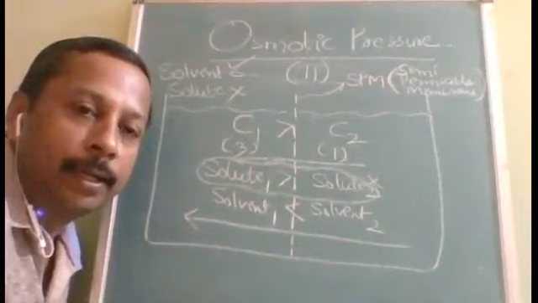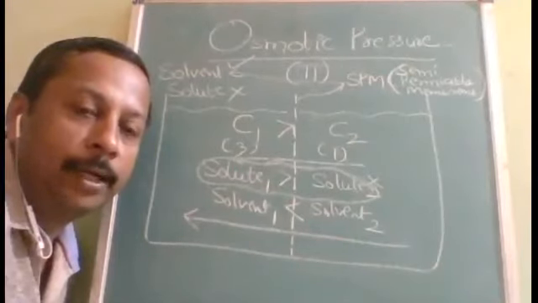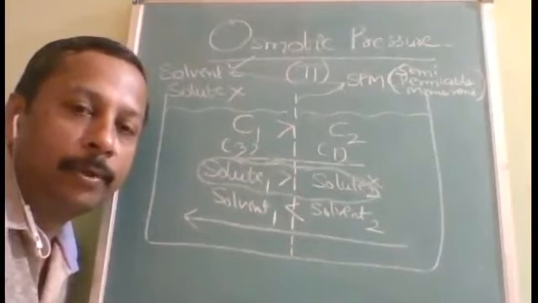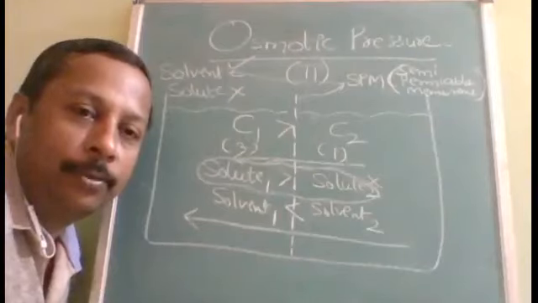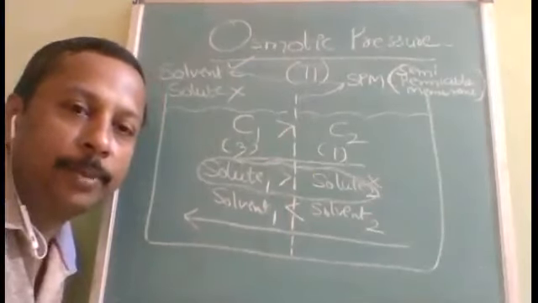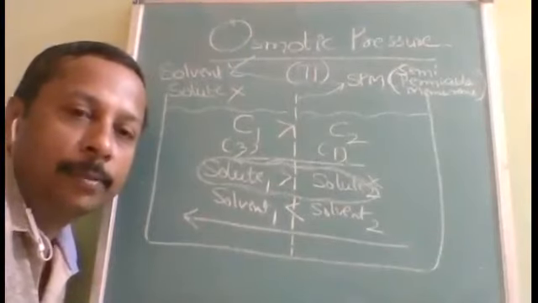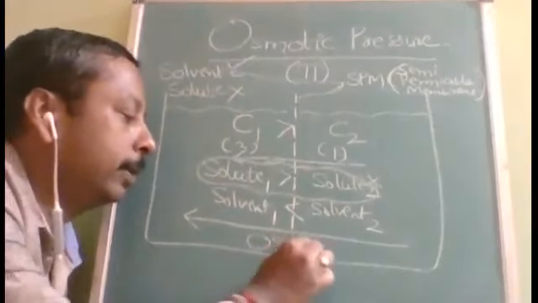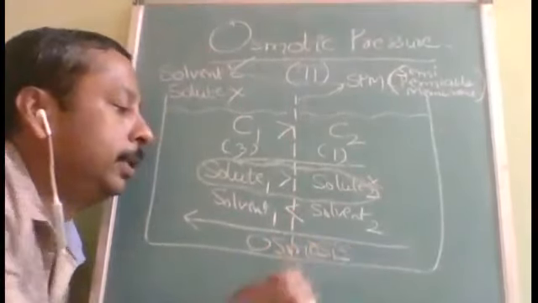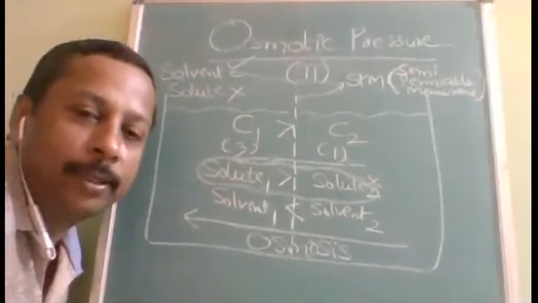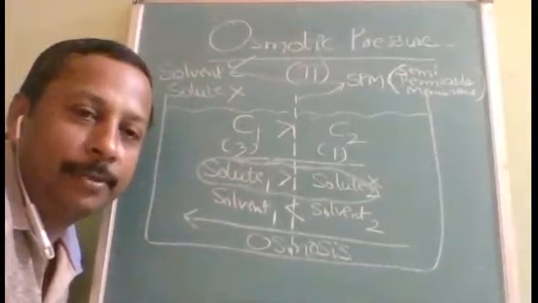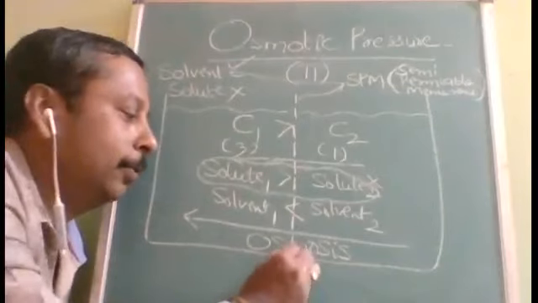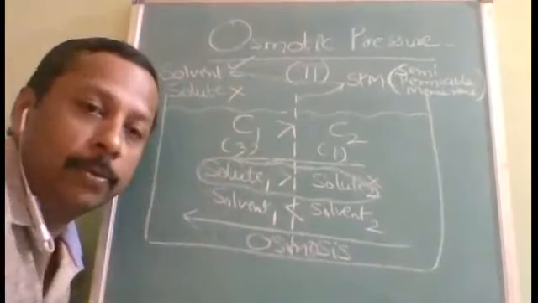So any work done on its own in only one direction is called spontaneous. What is it called? Spontaneous. Why am I telling you all this? These are all terms used in the examination in the definition of osmotic pressure. Okay, so osmosis is a process. This flow is called what? Osmosis. Okay, so this is what I told you as the story. It appeared to be a story, but it is not just a story. It is going to make you a successful story. Understood?